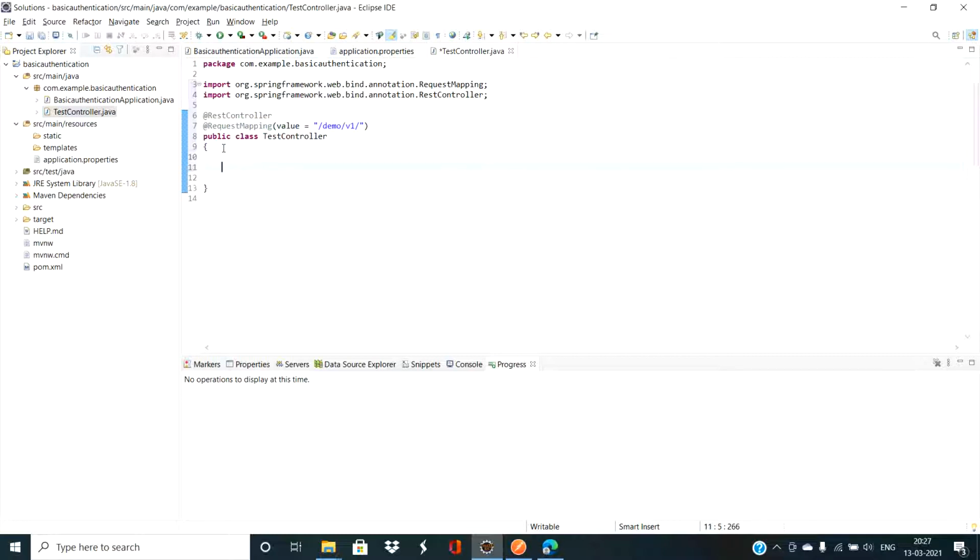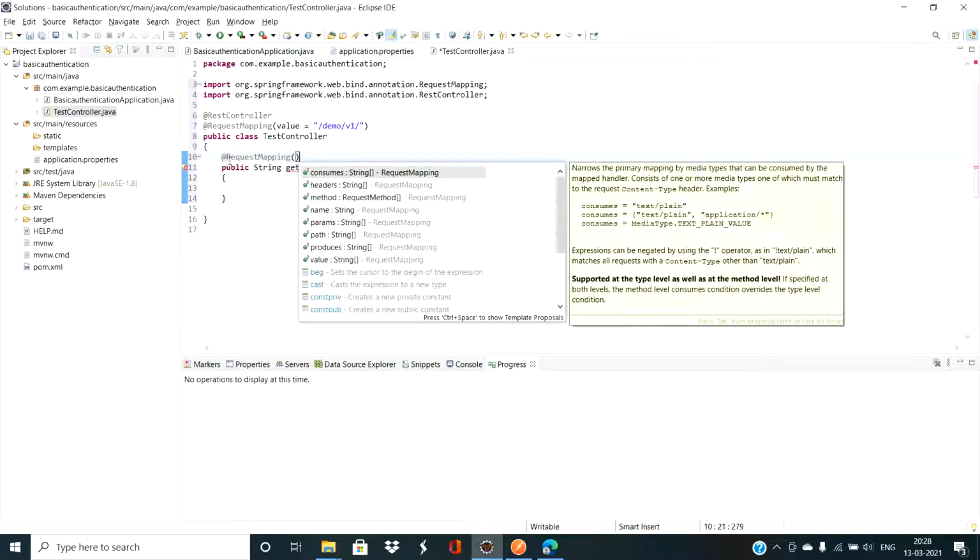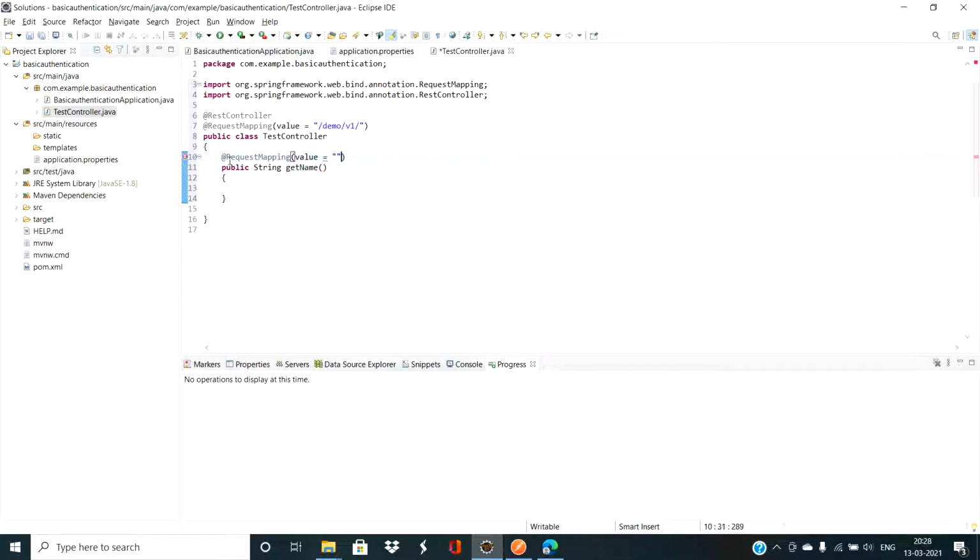Okay, let's create one method. Public String name, a simple one. With RequestMapping, again the value we want to get, so I'm saying get name, the endpoint basically.